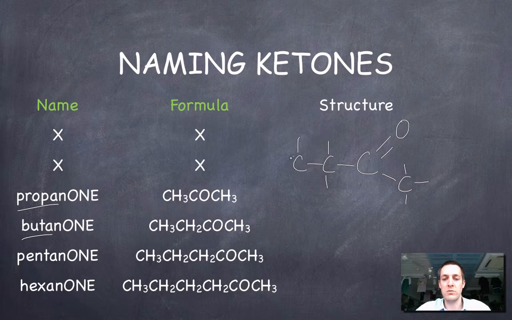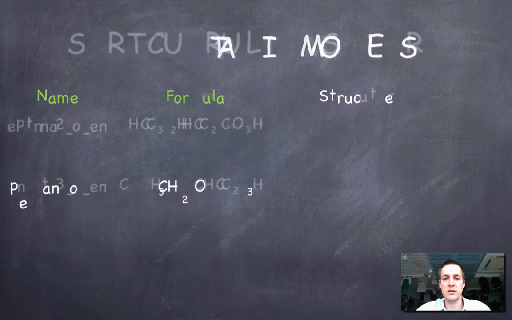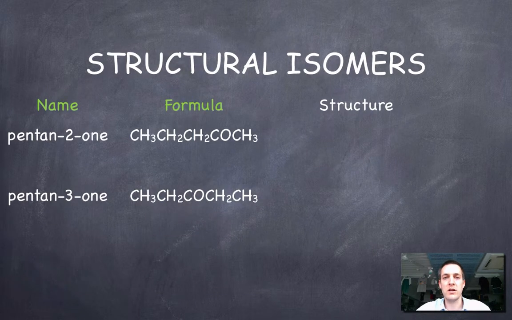Okay, butanone would have another carbon in. Okay, but you might be thinking now, oh, there's the potential here for structural isomerism, and that's quite right. And that's because once your chain is long enough, your carbon-oxygen double bond could be in various positions in the chain. The first time this is going to happen is when you have 5 carbons, because if you think about it, if you only have 4, and you've got to have the carbon-oxygen double bond not at the end of the